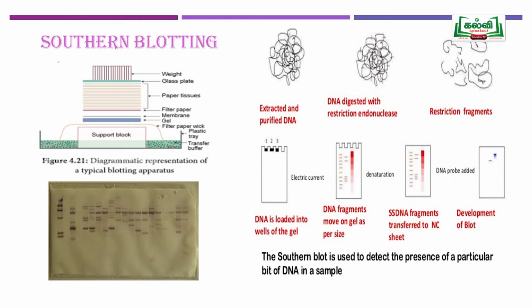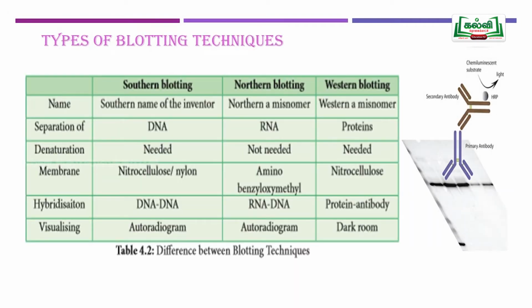In Southern blotting, we have to take the agarose gel and over that a membrane, a filter paper, and especially here the nitrocellulose paper we have to use. Over the nitrocellulose paper, we have to place some filter paper, then filter paper tissues, then we have to place a very huge weight. All of this is carried out in a buffer. So what will happen? After a certain period, the DNA present in the agarose gel will go and stick, due to capillary action. The DNA molecule will stick to the nitrocellulose paper.